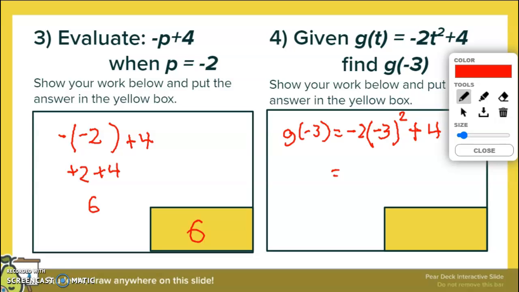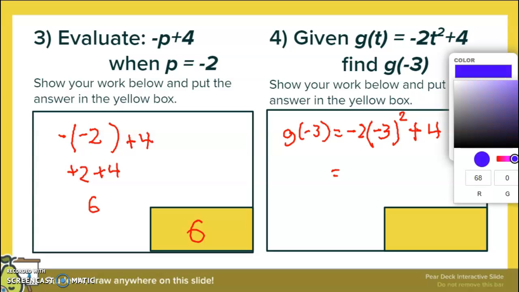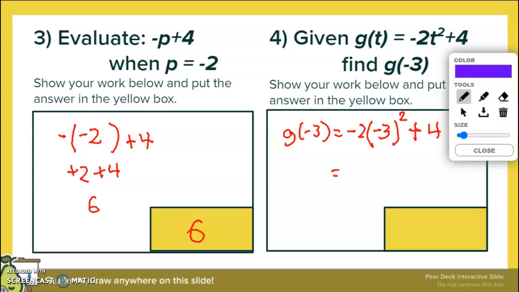Now, in this case, what's happening in this expression? Negative 2, parenthesis, negative 3. What is the operation between the negative 2 and the parenthesis? It's multiplication, right? There is an invisible multiplication right there. And then to that, the exponent is being raised. Now we have multiplication and an exponential expression. Which should we evaluate first? Order of operations, do we do multiplication first or exponents first? It's the exponents, right? So that means we need to evaluate this first and then multiply.